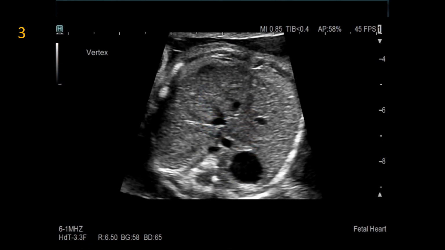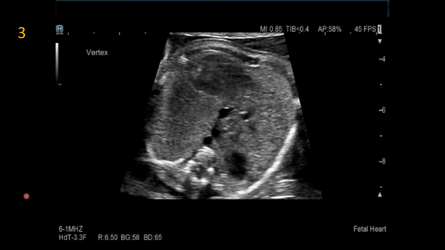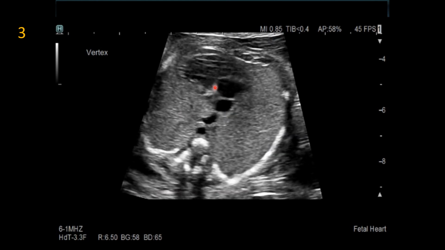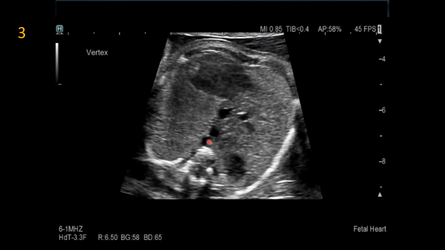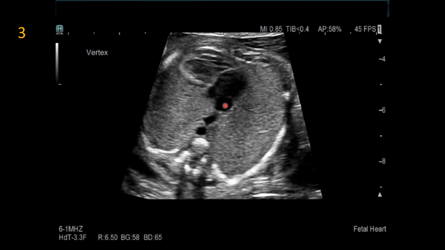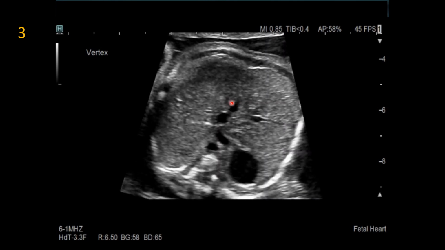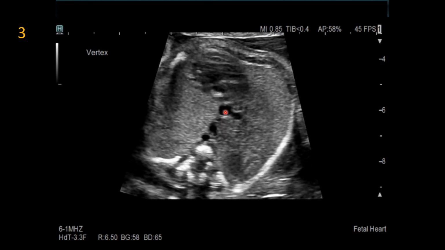Case is very similar to the previous case that I presented. Here we have a vertex or cephalic presenting fetus. Again, this is the spine, this side is left side, this side is right side, and right away you're seeing a right-sided stomach. And so as we put this in motion, we can see as we sweep up into the chest that there is levocardia, but there's a lot going on here in the abdomen. Here we have the aorta. This is what appears to be the hepatic veins converging into this structure here, which is the IVC draining into